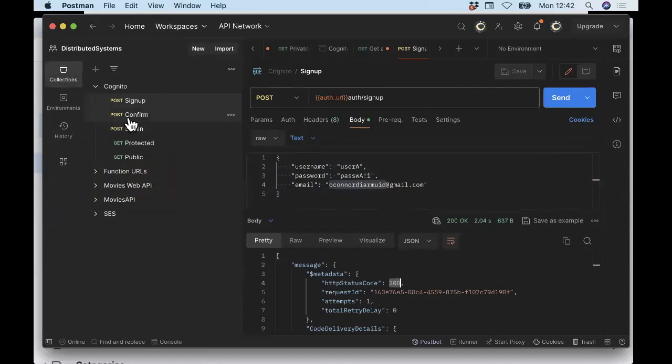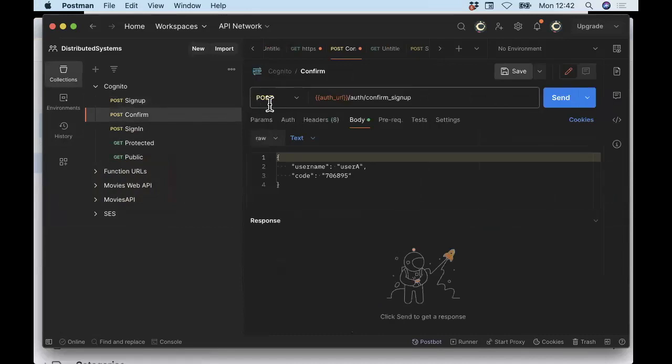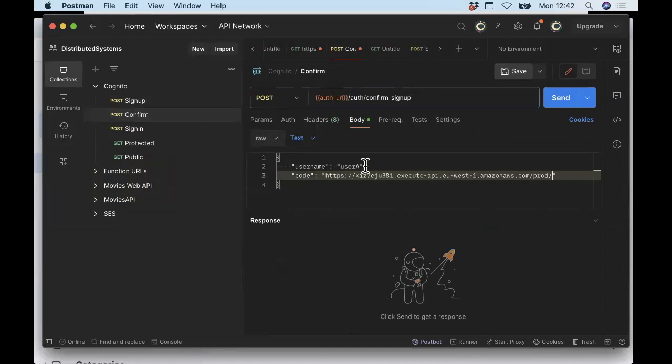The confirmation request is this one here. Again, it's going to be a POST request to the auth URL with this particular path name. The body of the request will include my username and the code that has been provided. So I need to change this here to the code that was provided in the email. And if I send that,